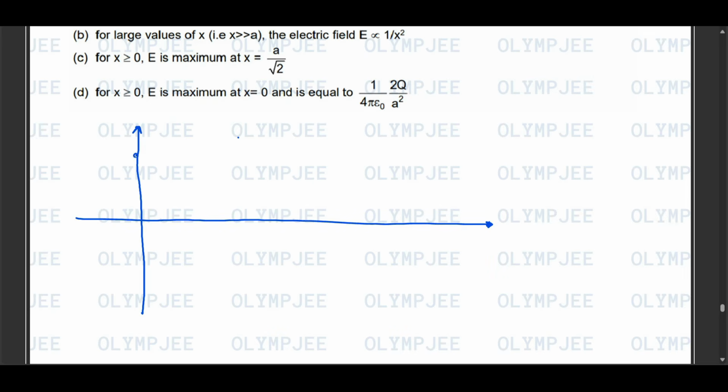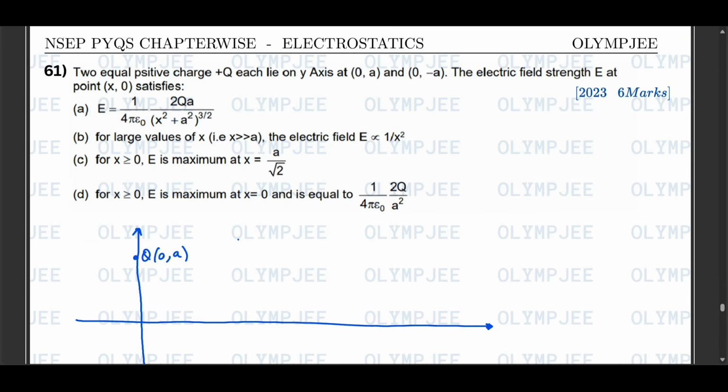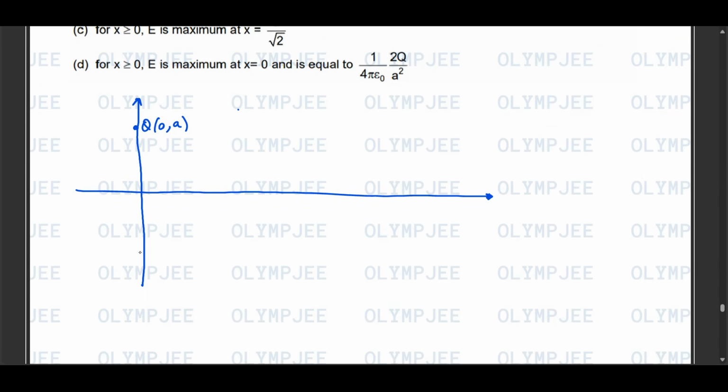One q is at 0, a and another q is at 0, minus a. So at x, 0, the field due to this will be in this direction, and due to this it will be in this direction. So the y components will get cancelled, and finally the field will be in this direction, which is, if this is E and this is E